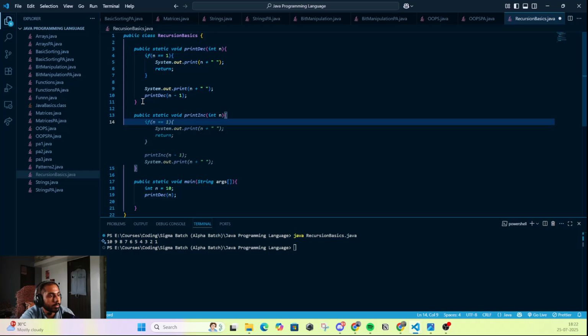Okay, so this is giving the same thing, but I don't think that's the case here. Okay, print numbers from n to 1. N to 1, that's not possible, right?